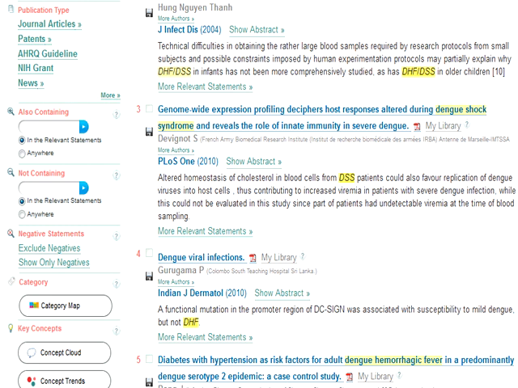There are many options like journal articles, patents, AHRQ guidelines, NIH grants, etc. Apart from that, you can also add containing terms or not containing. These two are similar to the Boolean operators and, not.